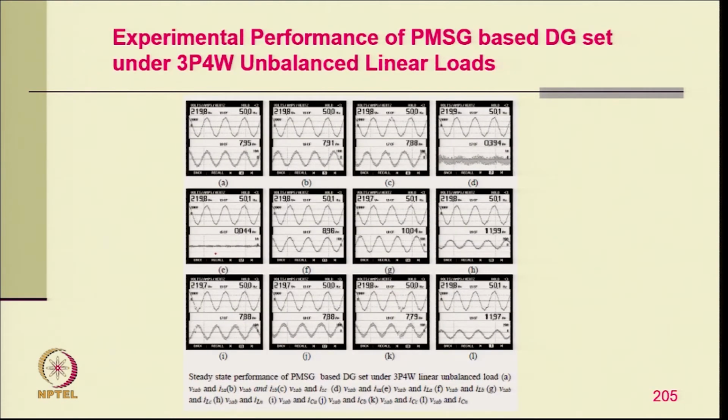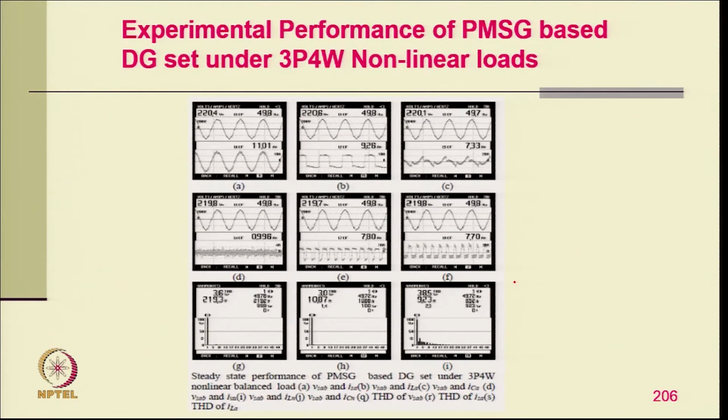And you can see here, with an unbalanced load, you are able to have a balanced generator current with the neutral current almost negligible, and the compensator providing that compensation. And with a non-linear load, we are still able to get balanced current, and you can see the compensator current compensating that, and the neutral current is almost negligible, where the compensator and load neutral currents are compensated by